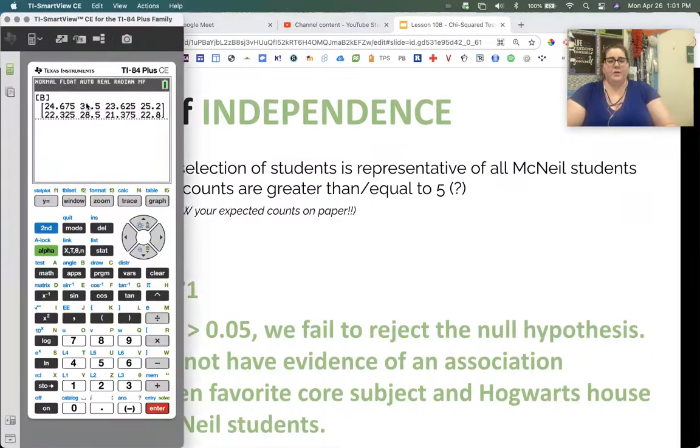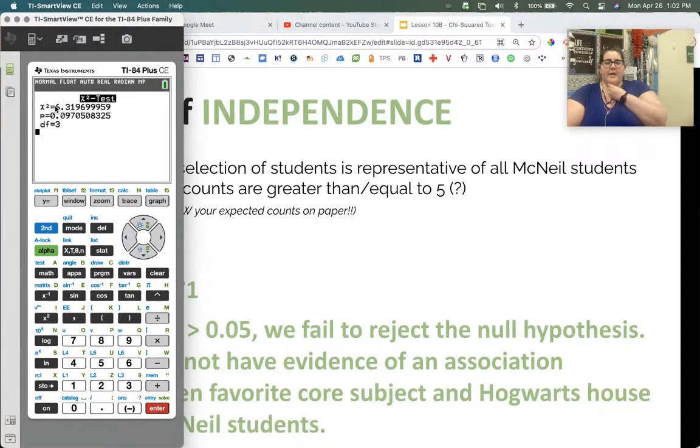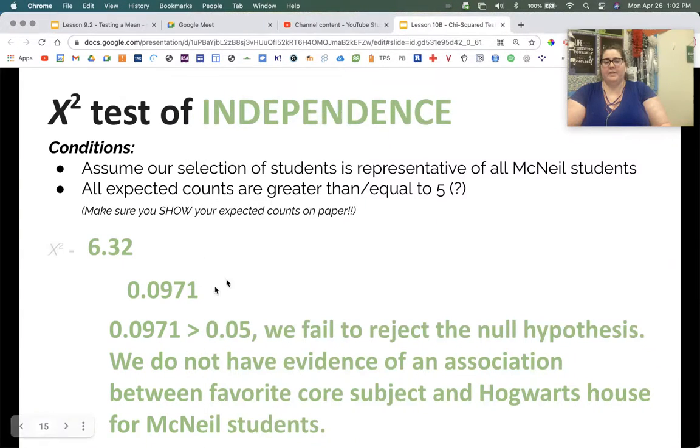If I go back to, and I disappeared it, but if I just go back and redo the chi-squared test, again, there is my chi-squared value, 6.32. There is my p-value, 0.097, and then they give me degrees of freedom again. And then again, we'll assume alpha is 0.05. Since 0.0971, our p-value is greater than alpha, we fail to reject the null. We do not have evidence of our alternate, which is that there's an association between core subject and Hogwarts House